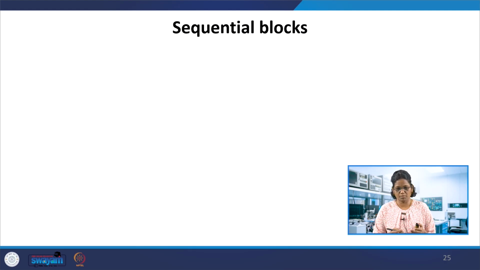A few examples related to the simulator and the time instance in the simulator, and how the statements are executed if you use the time delay, and how blocking and non-blocking assignments work if you don't introduce the time delay. A few more examples would help to understand this with timing control.